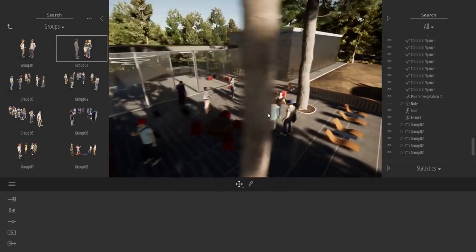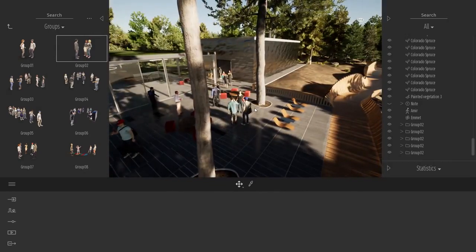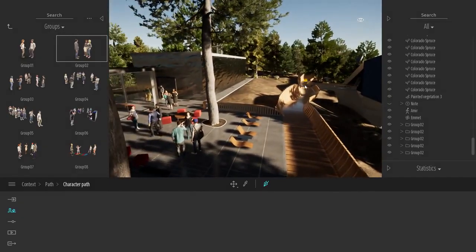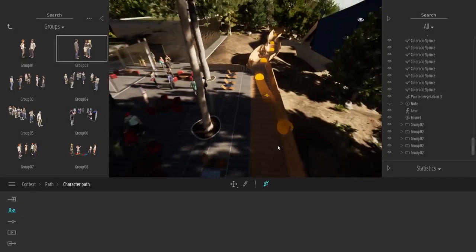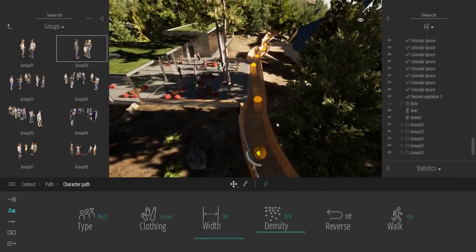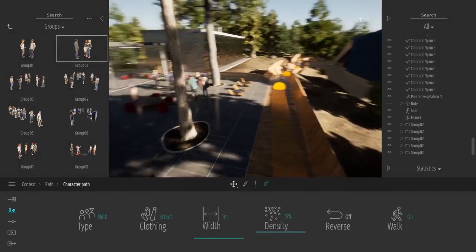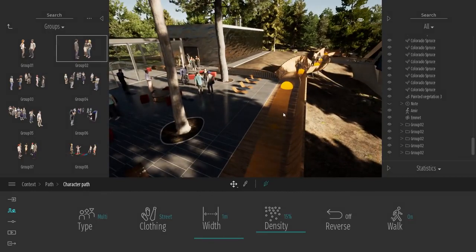Same thing, they are all in 3D, they are all animated, but if you want to make them walk, we have a tool specific for that. I'll come to my context, path, character path. I will select my pen here, and I will just basically start to create a spline. Once I release my tool, the character automatically starts to walk along the path. And it's that simple to create animation inside Twinmotion. It works for the characters, but also for the vehicle, the bicycle, and the custom paths allow you to animate pretty much everything from a plane taking off to just a boat riding on the water.